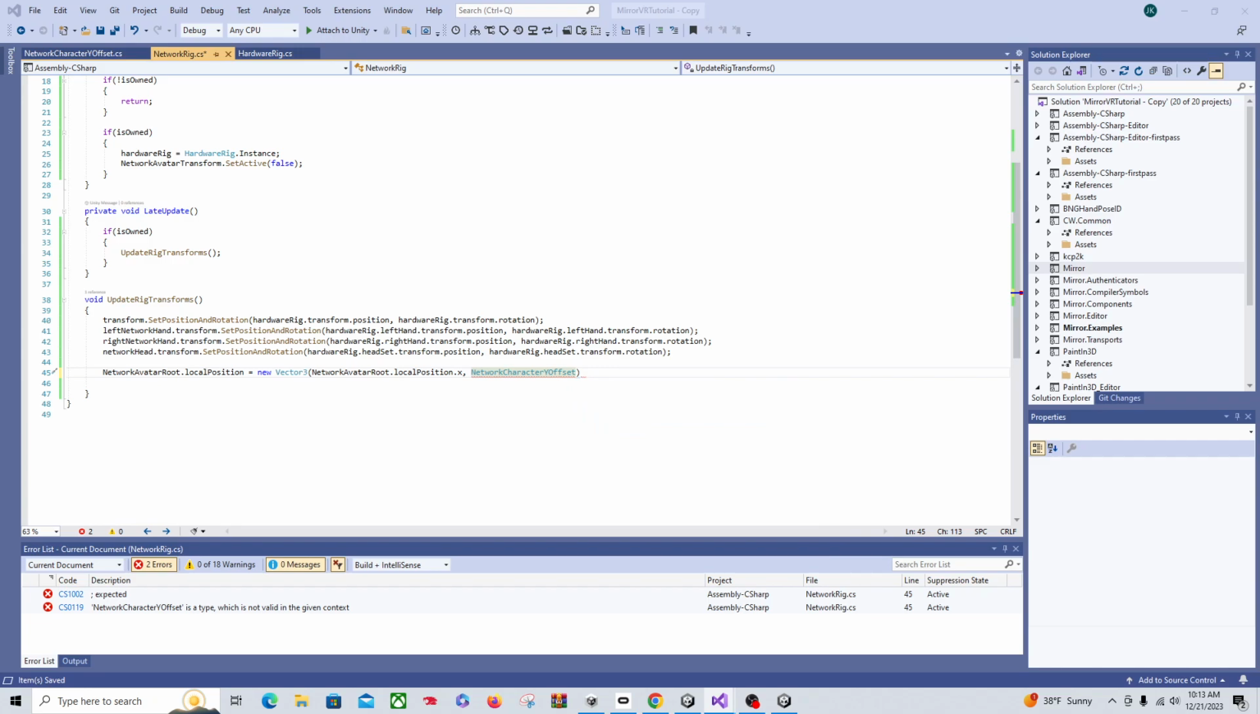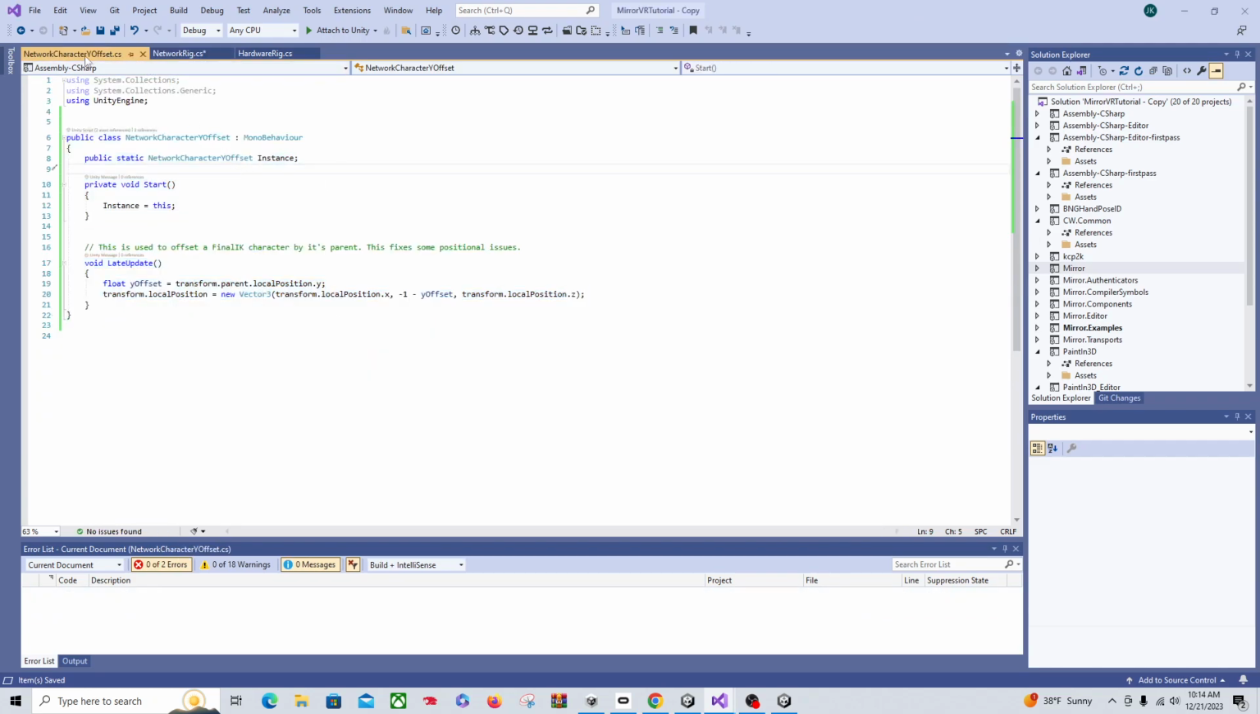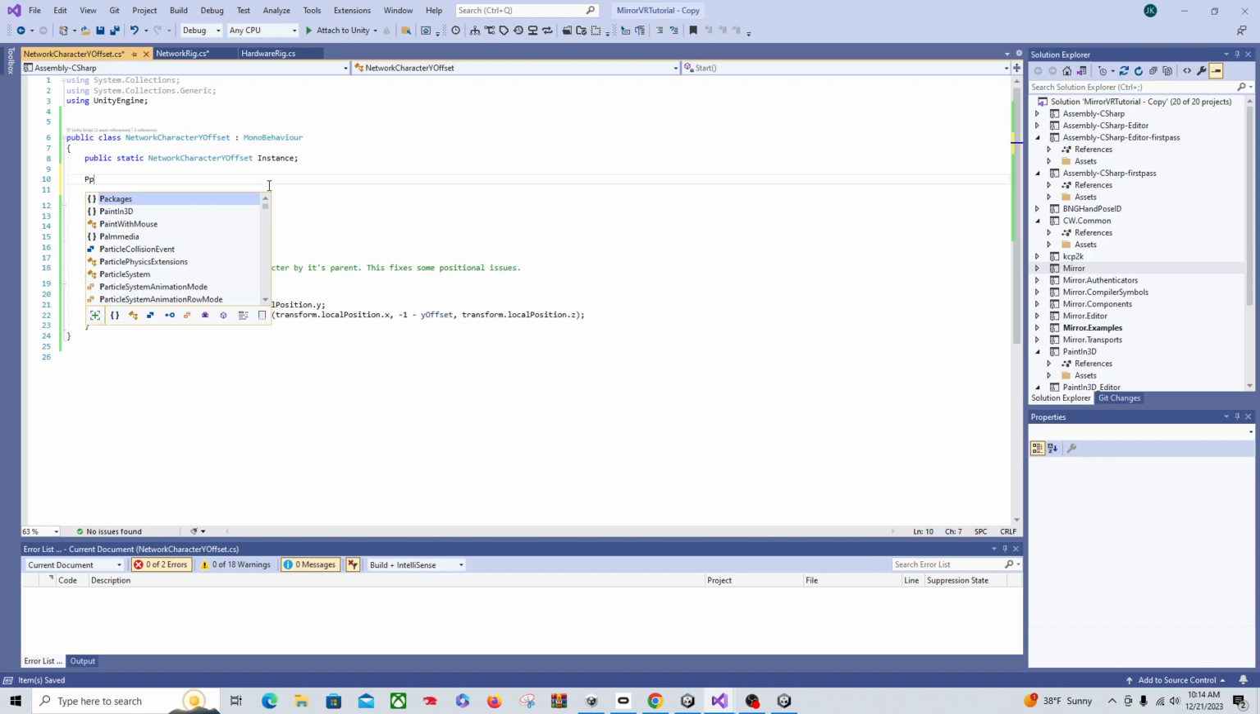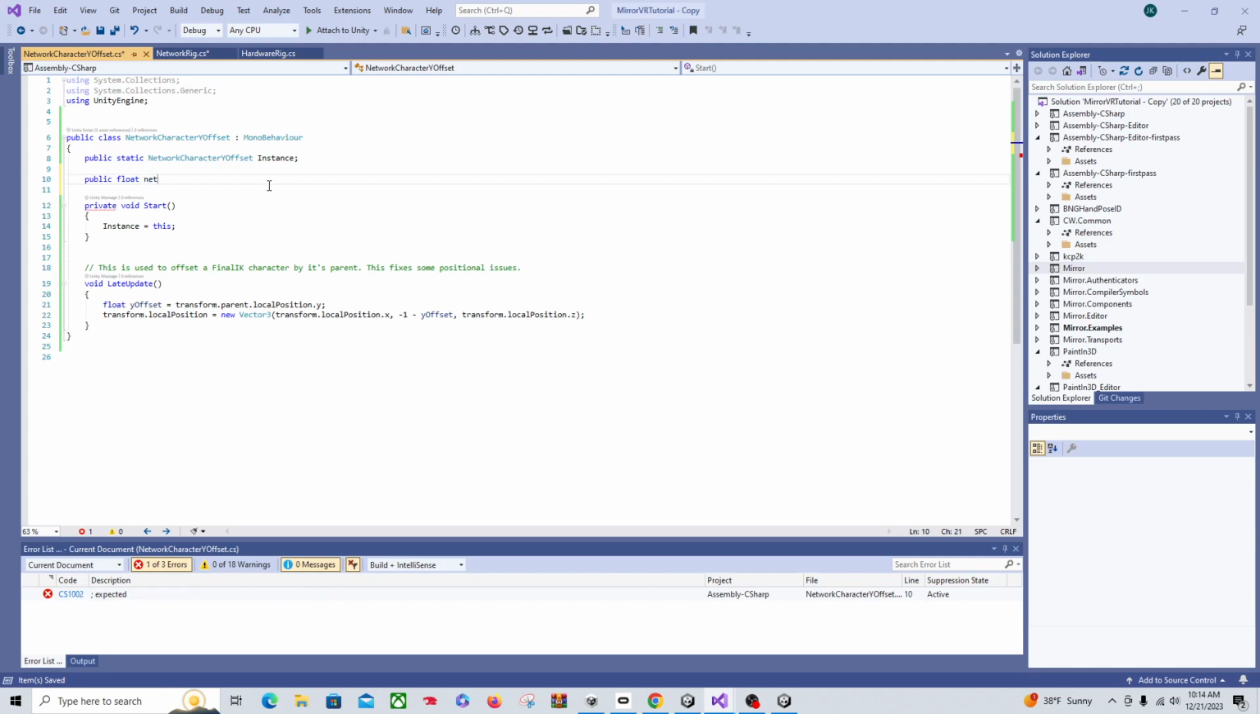Did I forget something? I did. I need to access that float. So now let's go back over here, and let's say public float new Y offset. Yep, and then down here,